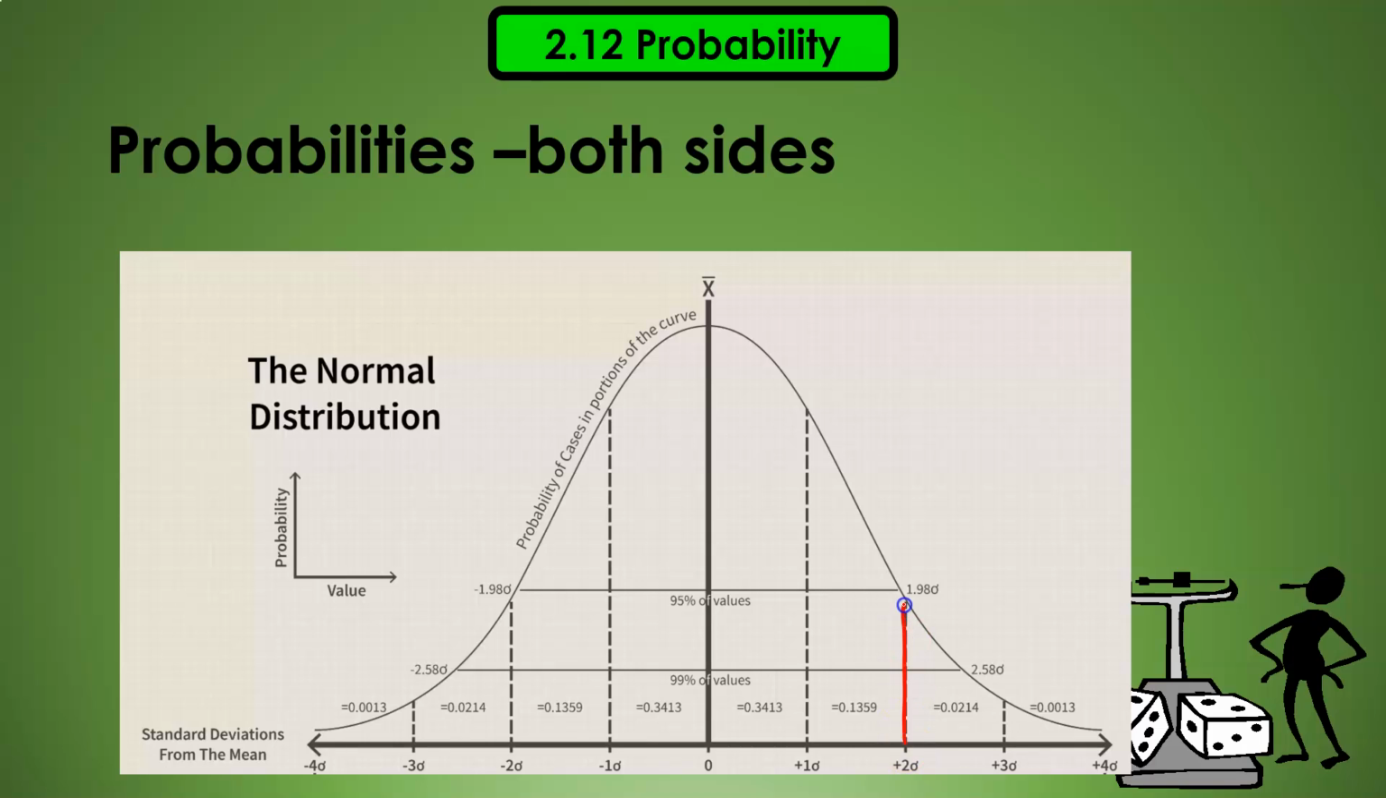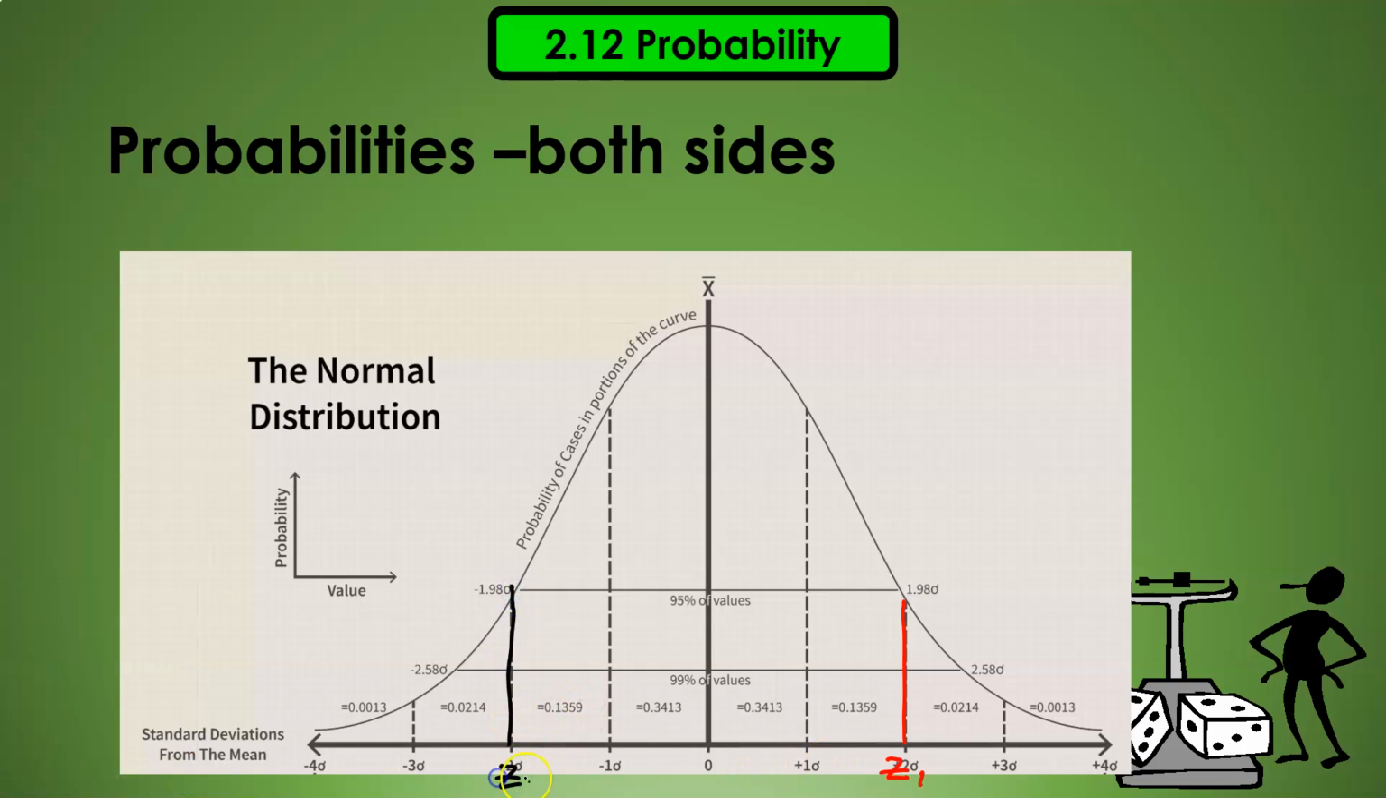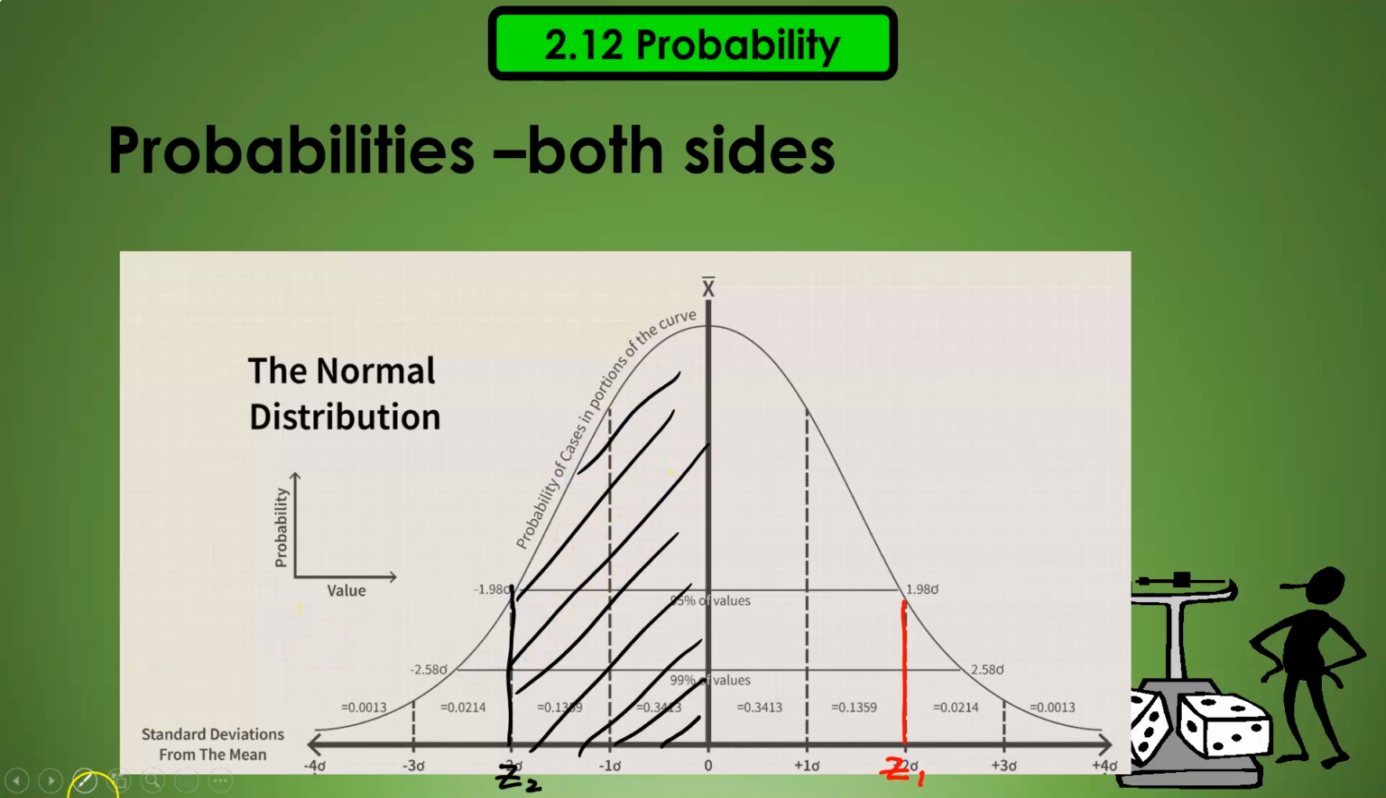You'll be given a z-value that's on the right-hand side, and we might call that z1. And then you will be given a value on the left-hand side, which might be Z2. All we have to do is work out the distance from the mean of one of the Z values, and then do the same for the other Z value, and then we just add them together. So you'll get a question where it will be between two values, but the value is not